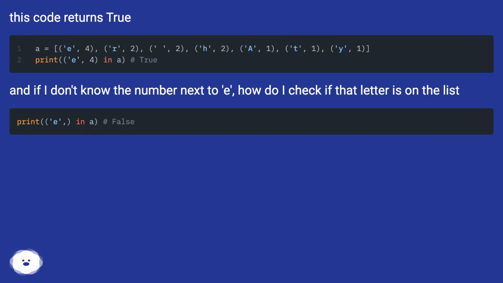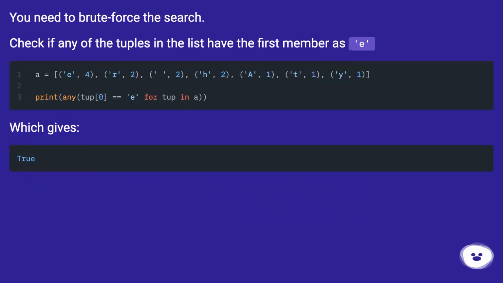And if I don't know the number next to E, how do I check if that letter is on the list? You need to brute force the search. Check if any of the tuples in the list have the first member as E, which gives